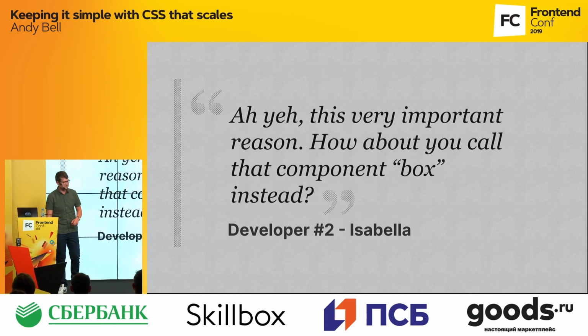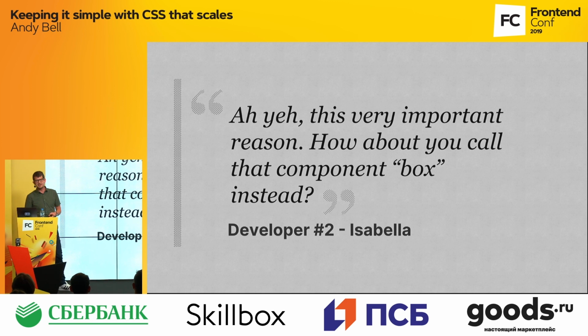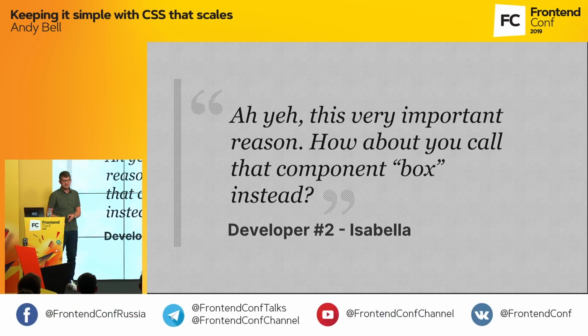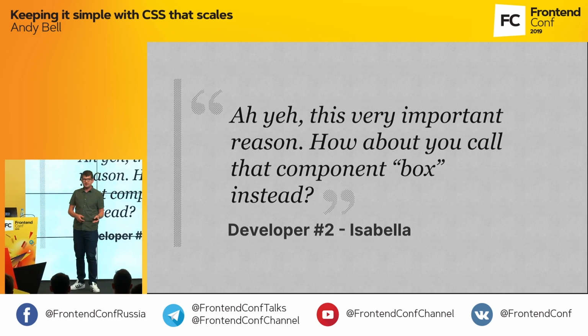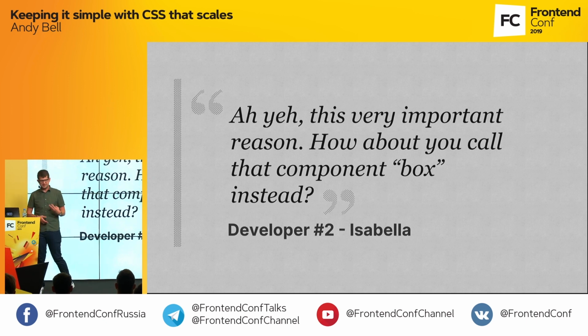And then importantly, she'll answer with this. She'll say, oh yeah, it's a very important reason. Now this important reason could be anything that you can think of. It could be an immovable stakeholder decision. It could be a legacy code-based problem, which is very common. Or it could even be a design decision that can't be moved as well. These things are fine and it works, and this is just all part of working in a team.